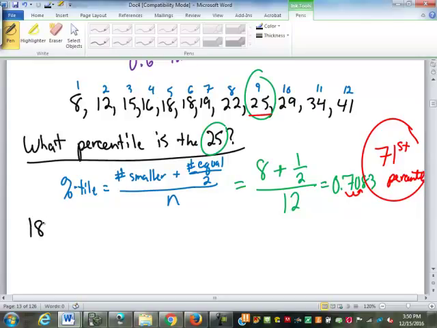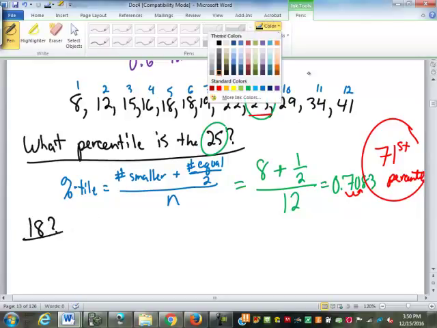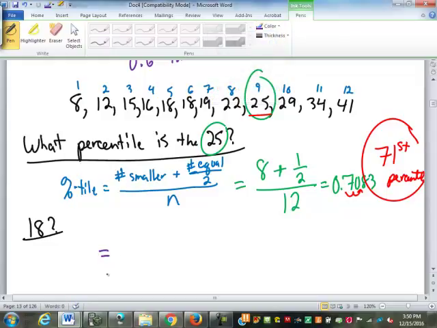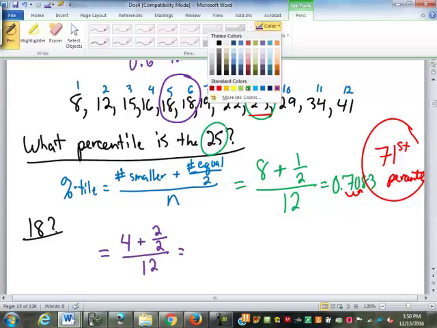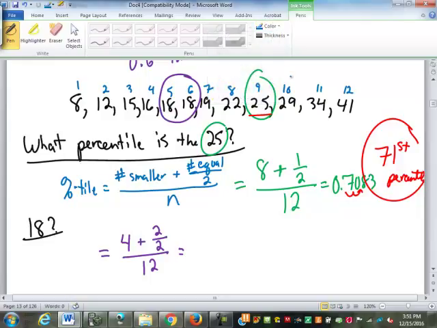How about the 18? Find its percentile. How many are smaller than the 18s? 4 plus, how many are equal to 18? 2, so it's 2 over 2 divided by 12. So there's 12 in the whole list. 4 plus 2 over 2 is 1, so that's 5 divided by 12, which is